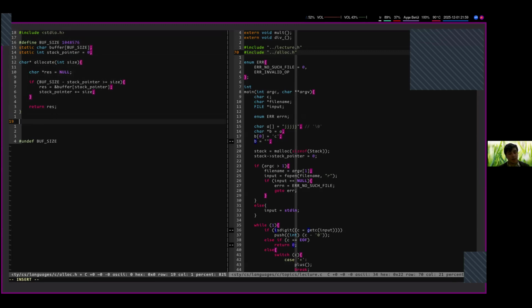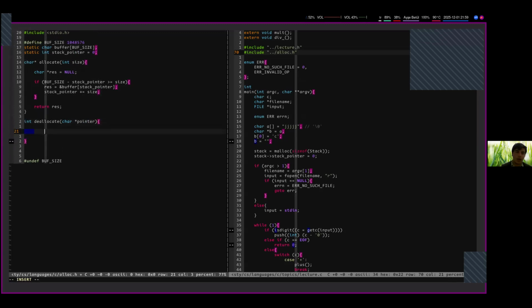Let's move on and let's say deallocate, and this would just return whether the process has been successful or not. Okay, deallocate, and let's take the pointer to where we allocate memory. And let's say if pointer equals buffer stack pointer minus